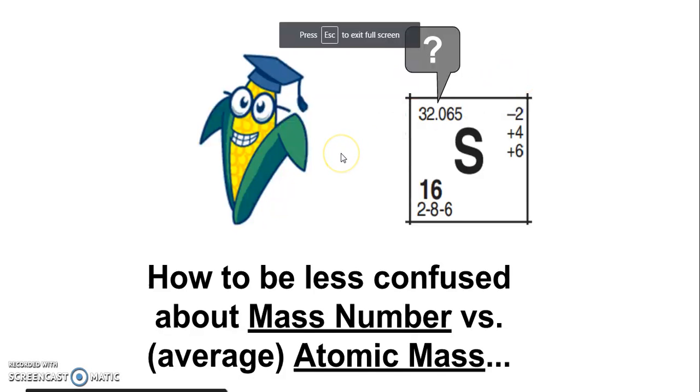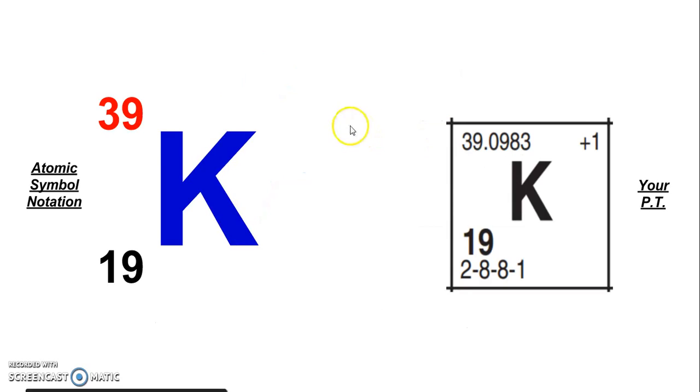Hey folks, welcome to Professor Smartycorn's tutorial on how to be less confused about atomic mass, or average atomic mass. This number right here in your periodic table sometimes confuses people. Here we go. I want to start out by explaining the difference between the atomic symbol notation